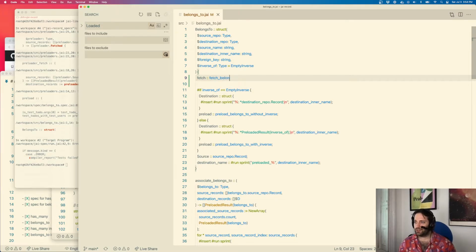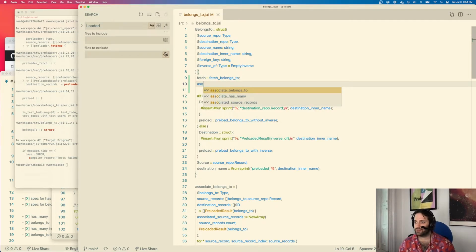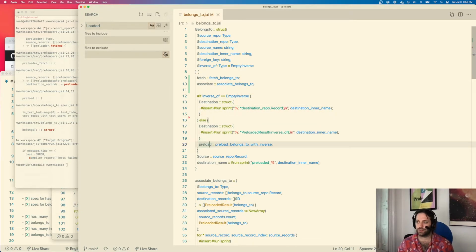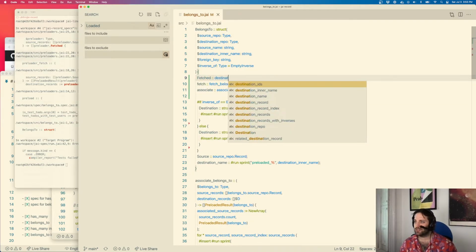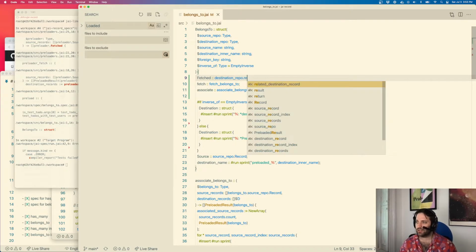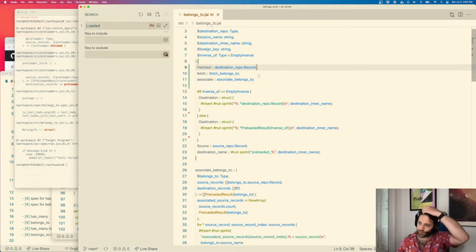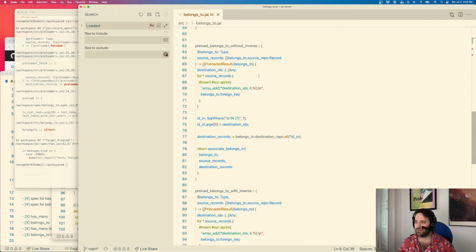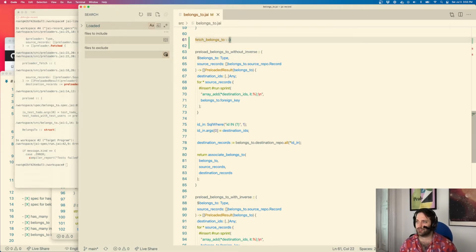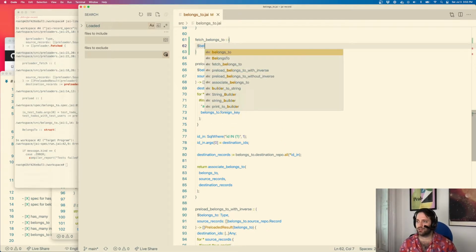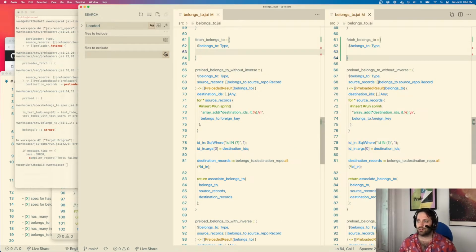Fetch is going to be fetch belongs to, associate, belongs to. There's no longer this, but we need some fetched type, which is going to be destination repo.record. Okay, let's find this. Yeah, so fetch belongs to is going to be... I wonder